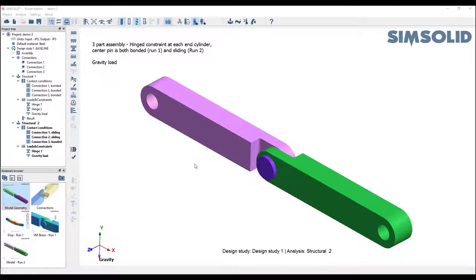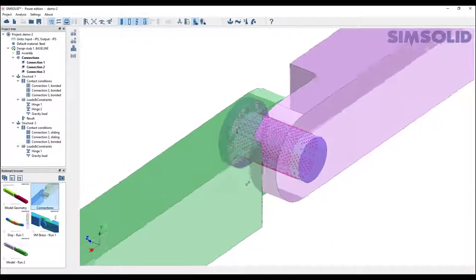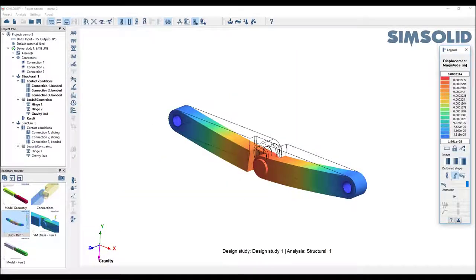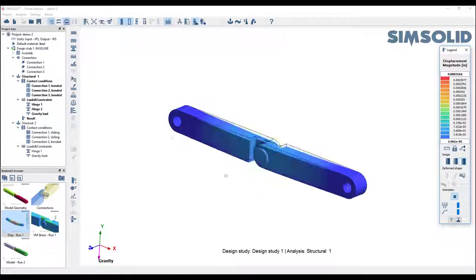Okay, here's one more example. This is a very small assembly, but we can look at how mechanisms get developed and how you eliminate them. So first, I have 1, 2, 3 parts. I have pins at these 2 places here, and it's all bonded. So there's my model, and there's a close-up of my connections, so you can see what I have there. I've run it the first time, everything bonded, and I get displacements as you'd expect, nice bonded pins at the end,